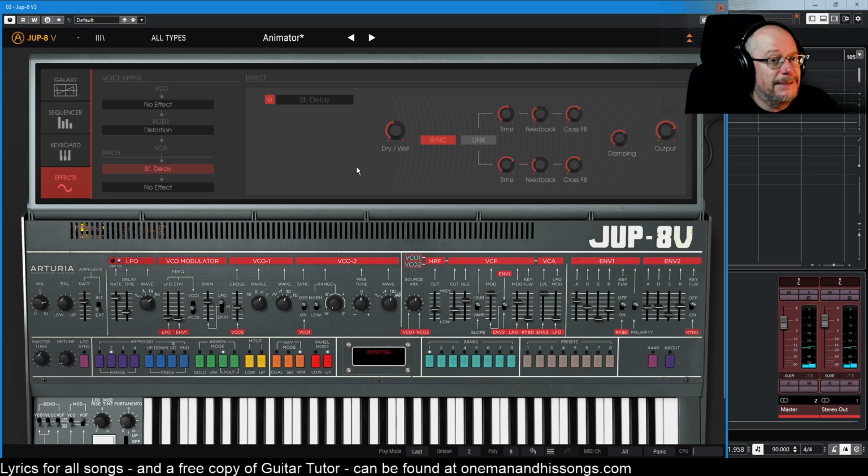On to the delay. Delay is one of the easier effects to identify, but having said that, if I turn the delay off, we do actually have a really long tail on this sound. We kind of jump ahead a little bit, but it's envelope 2 that's controlling the release, and we've got a 3.5 second release on this, or so they claim. So that's part of the effect, and then we bring the delay back in,